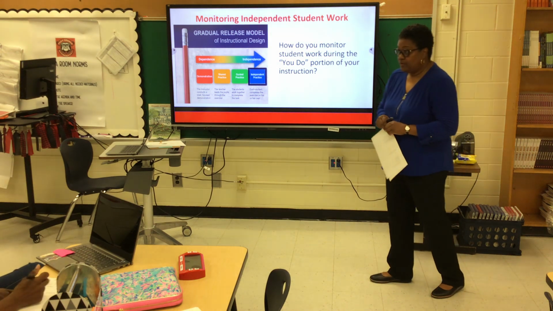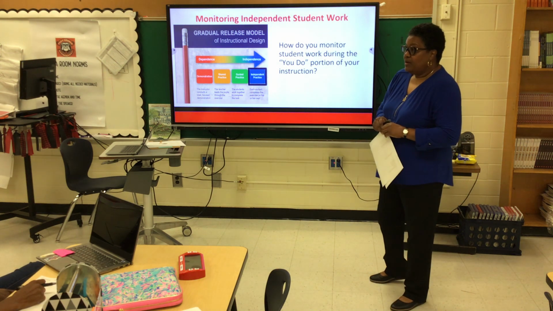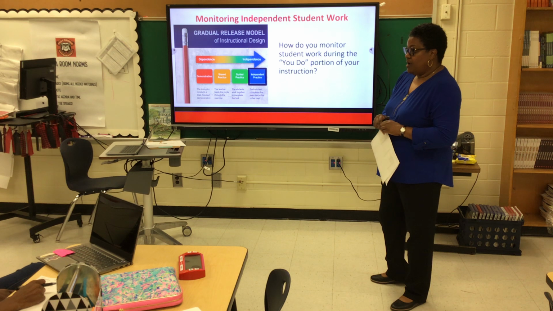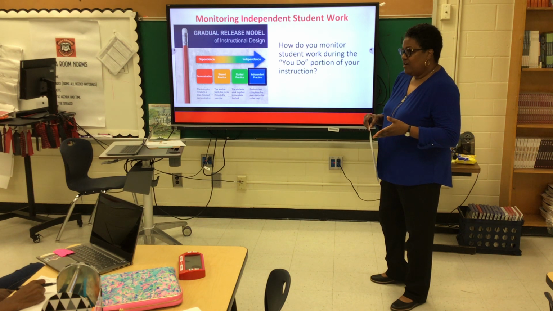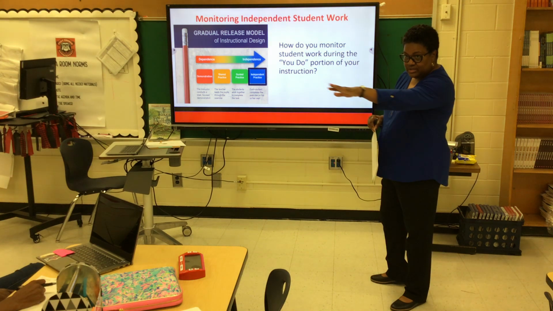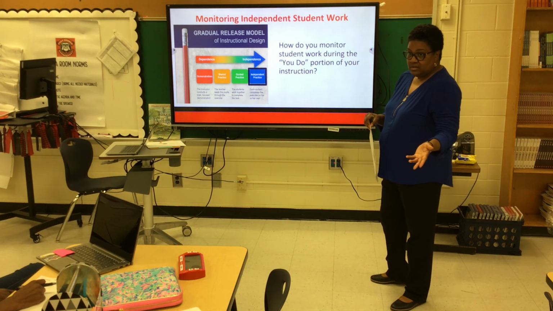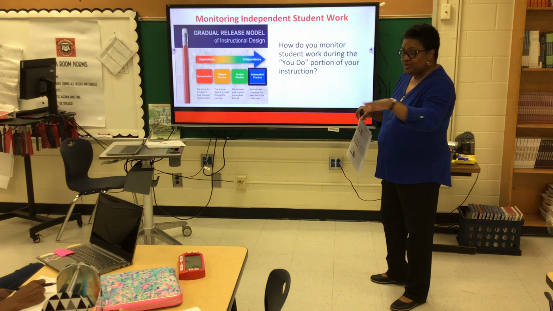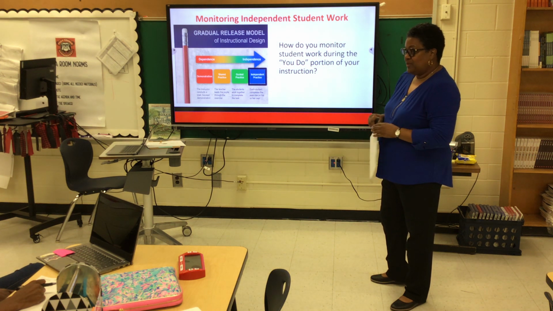Okay, and that's wonderful. So based on that, when you've done your monitoring in that manner, how are you able to track all that? Because don't you all share students? They rotate to all three of you? That's a lot of students. So at least 15 kids per, so about 45, 50 kids are coming through each day. So how are you keeping up with that conversation?